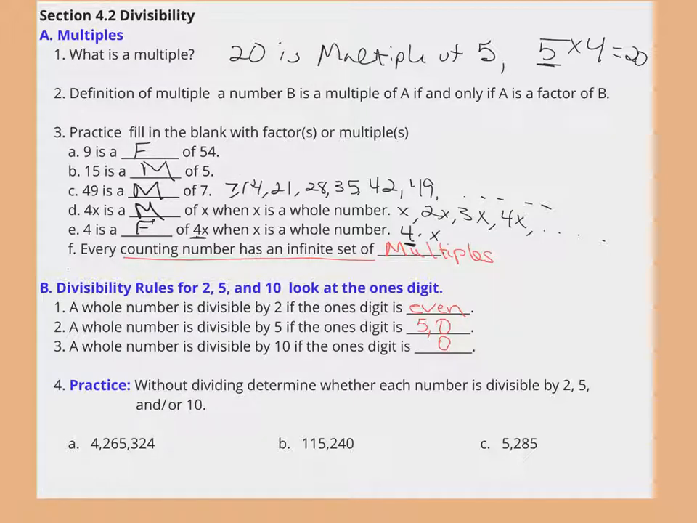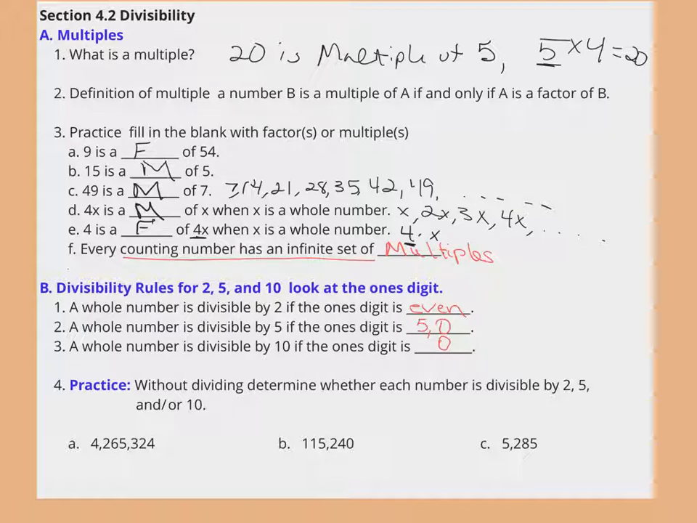So we know that a number is divisible by 2 if it's even. We know it's divisible by 5 if it ends with a 5 or a 0. And we know that it is divisible by 10 if it ends with a 0. So in these practice problems, we want to determine what our number is divisible by. So this first number, we have